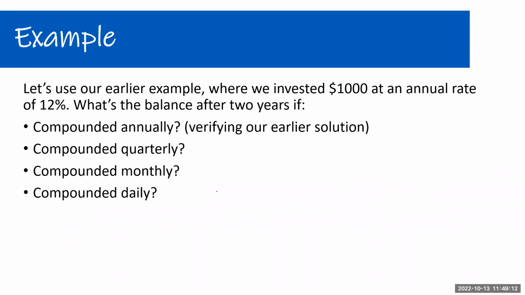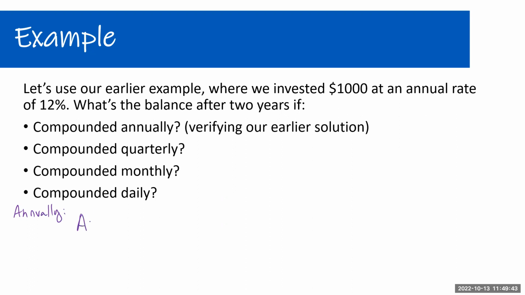Let's look at an example here. We're going to use the same numbers from before where we invested $1,000 at an annual rate of 12%, and we were investing it for 2 years. We want to know our balance after 2 years if it's compounded annually. So we're going to use this formula to verify what we got, doing it kind of the harder way. Quarterly, monthly, and daily. So let's start here. Annually,